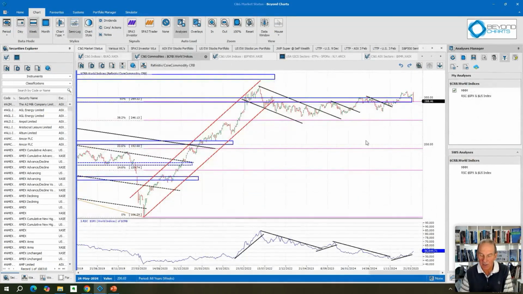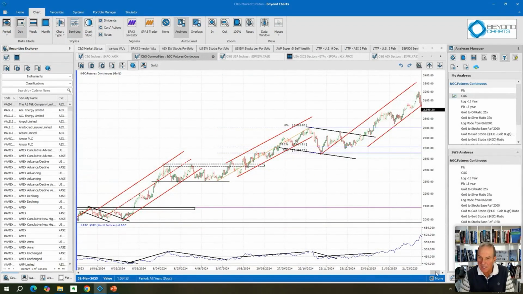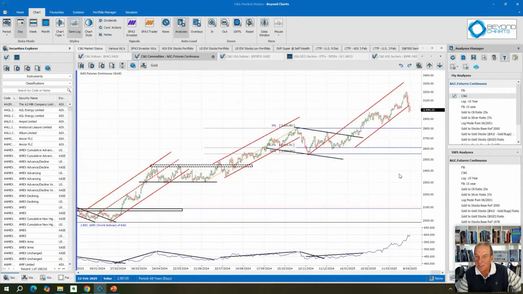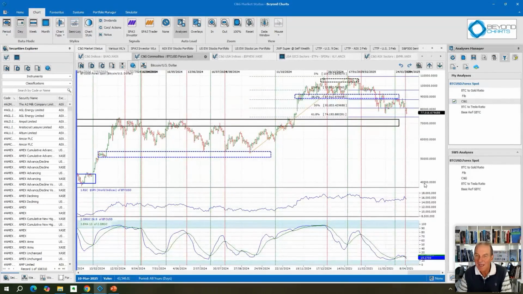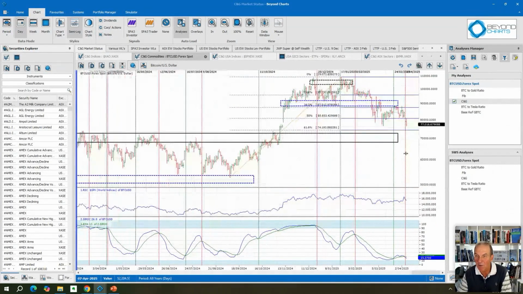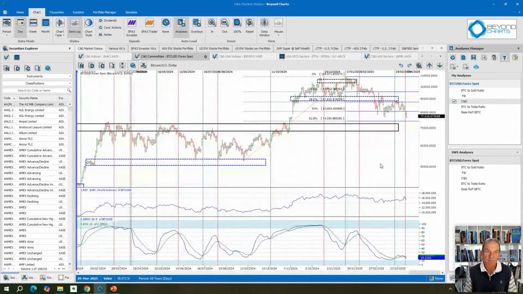Right, just quickly go to gold and have a look at what's happening there. Gold is showing weakness at the moment, even though it's fallen a bit. It is outperforming equities, and we haven't seen a big rise in that yet. We'll have a look at one more. What's Bitcoin doing? It's not really going anywhere. It's risk-off at the moment. So we'll keep an eye on both of those as well.